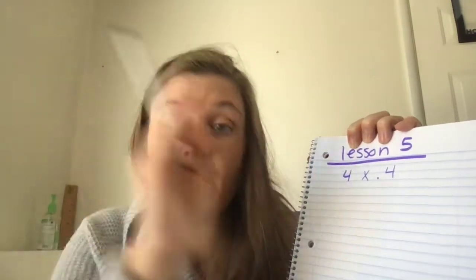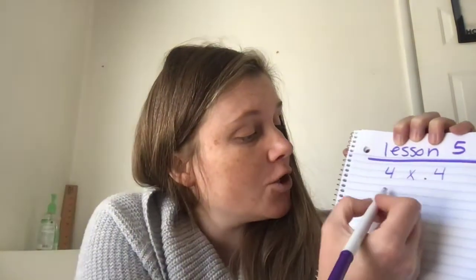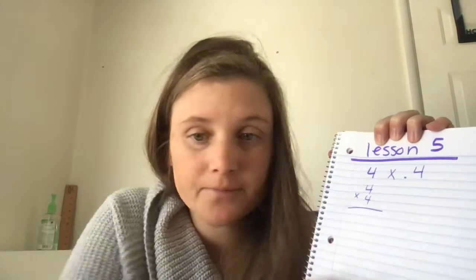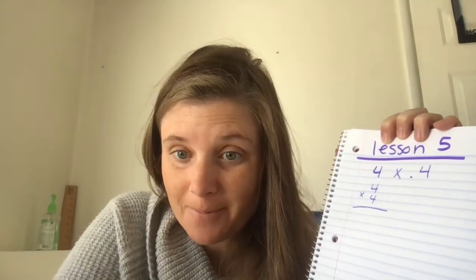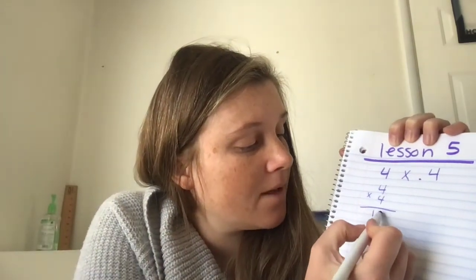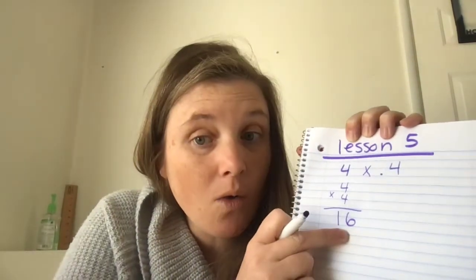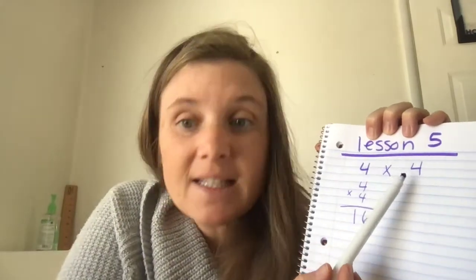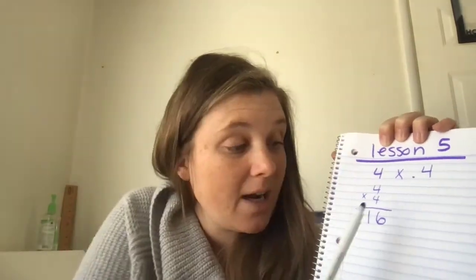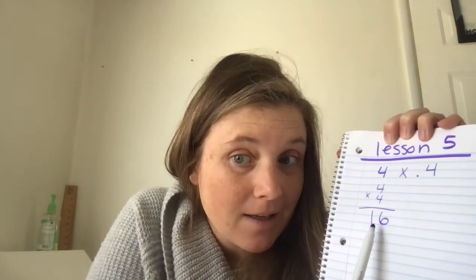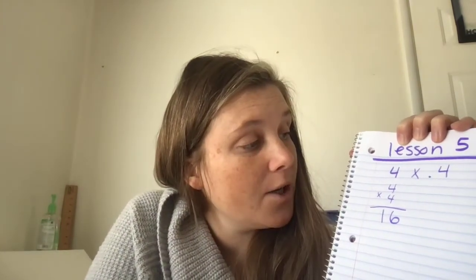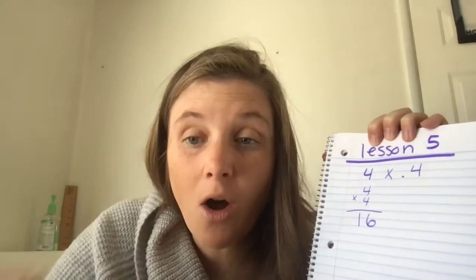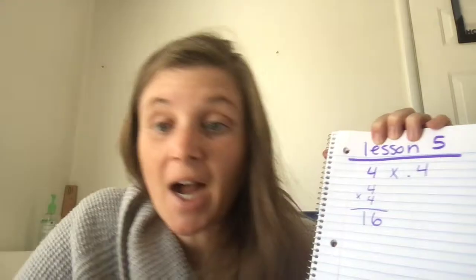We multiply it without the decimal, okay? So we'll go 4 times 4, which is what? 16. Okay, so now we know, remember how we said this is 4 groups of less than 1. So is our answer 16? No. What we do is we look at the numbers and we count all of the numbers behind the decimal